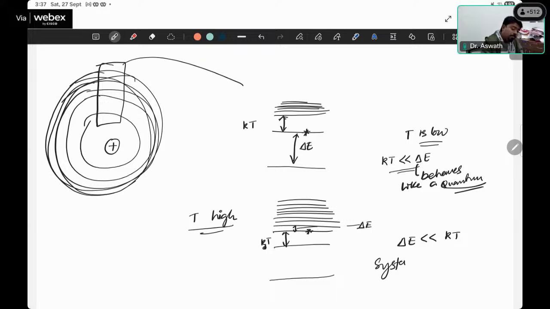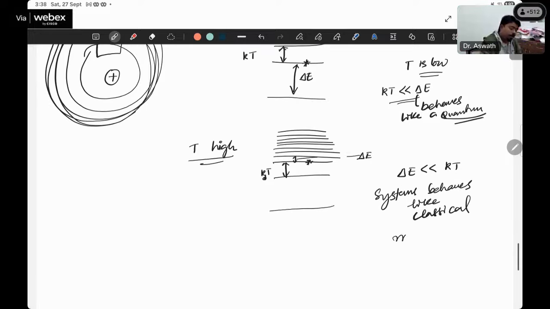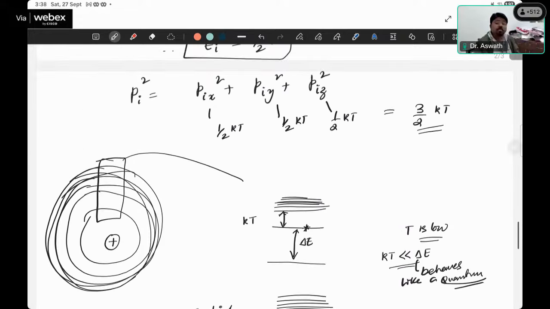The system behaves like a classical, macroscopic system. Okay, so that is the importance of the temperature being very low for a quantum mechanical system or a quantum